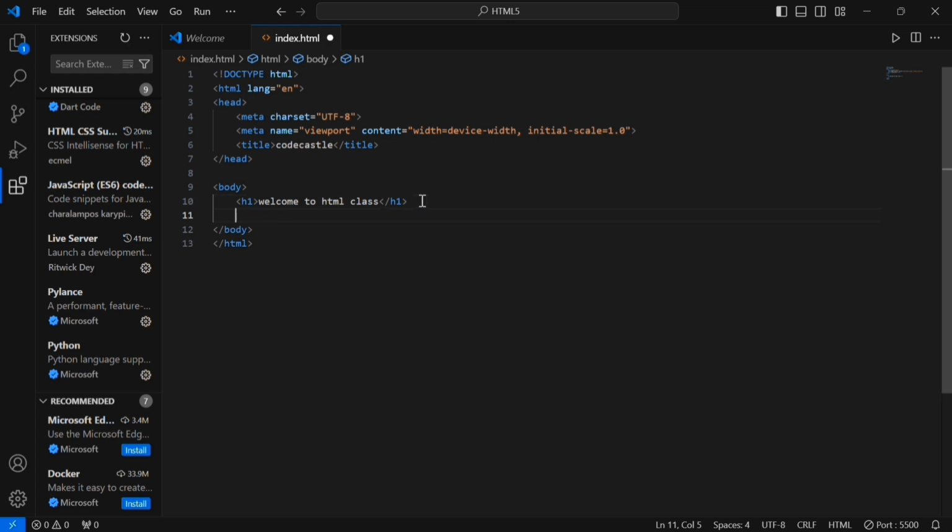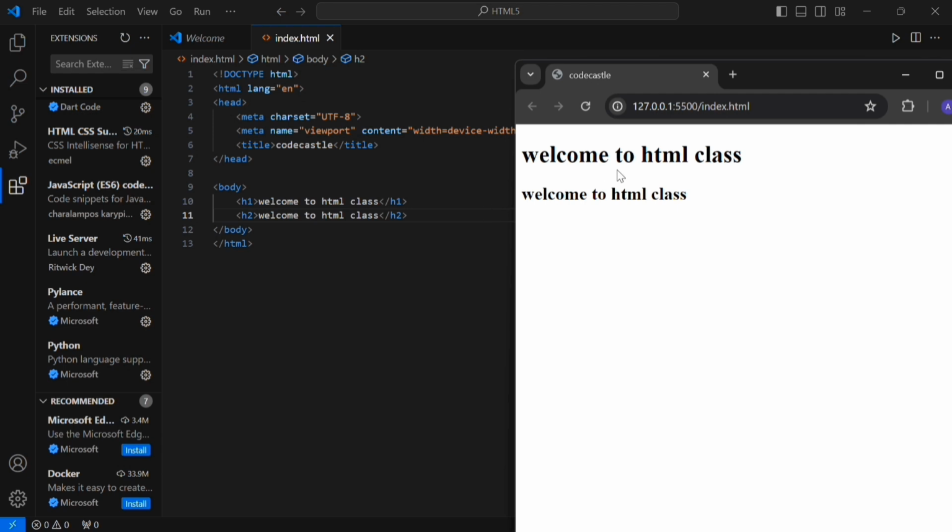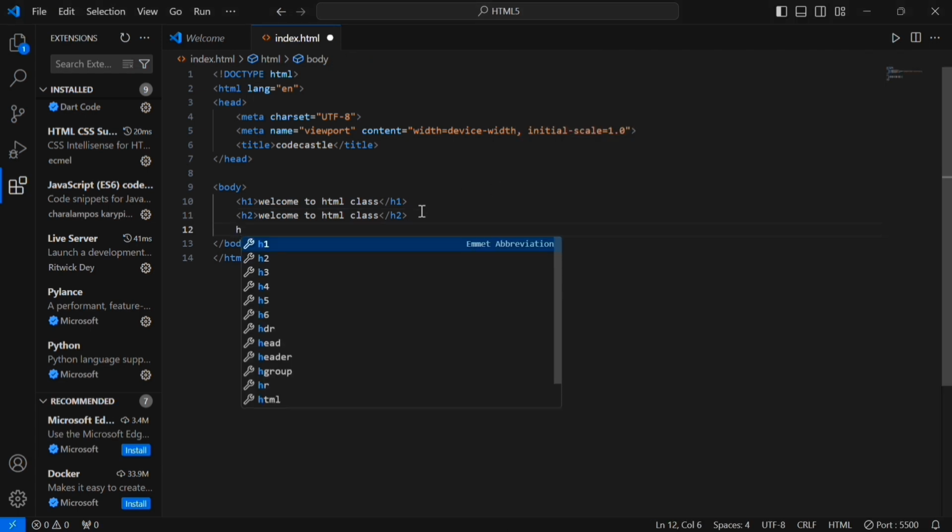So similarly, let me take an H2 tag, enter, save this code and again run in our browser. Here it gives, so see the difference between the H1 and H2 tag. So further we can give the H3 tag.